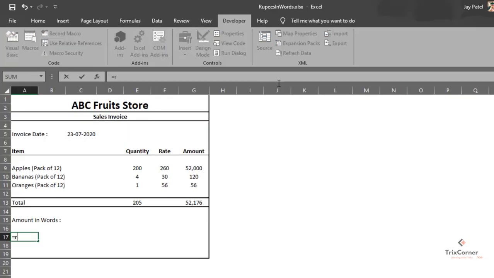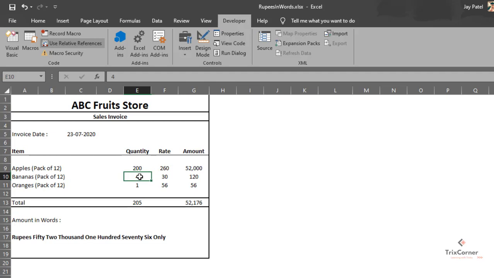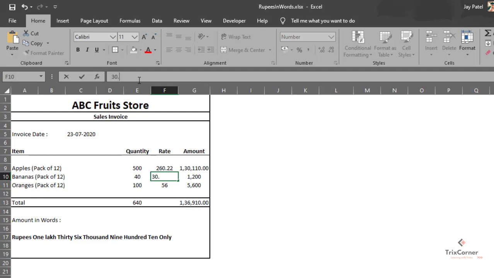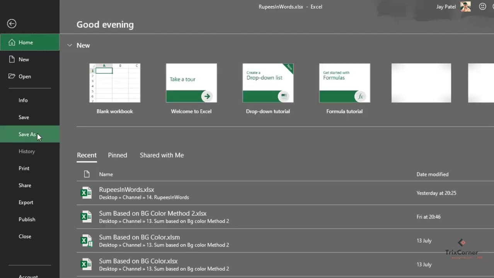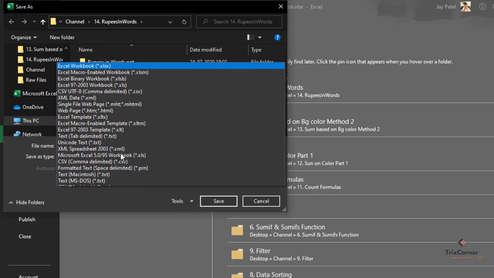Now go back to Excel and start writing the new formula. RupeesInWords, open bracket, and select the cell with a number. That's it. Let's change the number and see if our formula works correctly. Let's also see if it works with decimals. Yes, it's working perfectly. Do remember to save this file with macro enabled format,